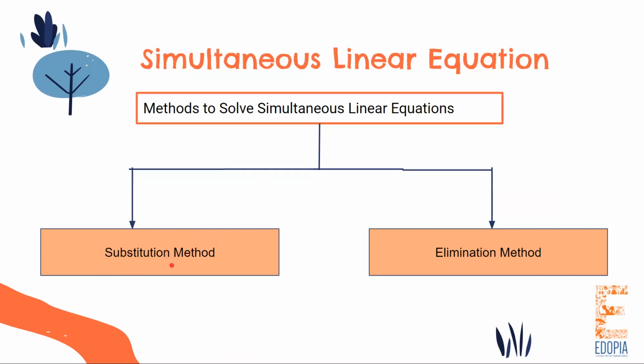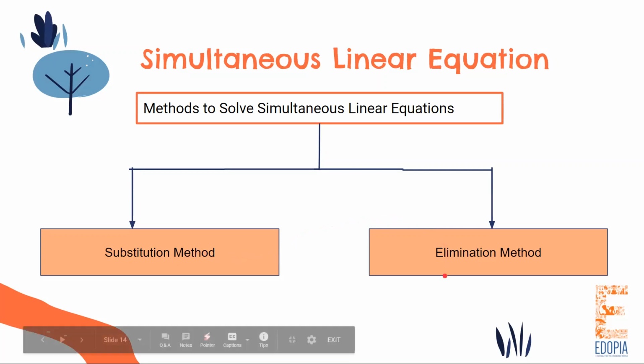Substitution method, as the name suggests, we will take the value of one variable and substitute it into some other equation to find the value of the other variable. Since we are dealing with two variables, we will write one variable in terms of another variable, and we can find the value from that particular equation. Then we will substitute that value in some other equation to find the other variable. This way we are going to find that point of intersection x and y.